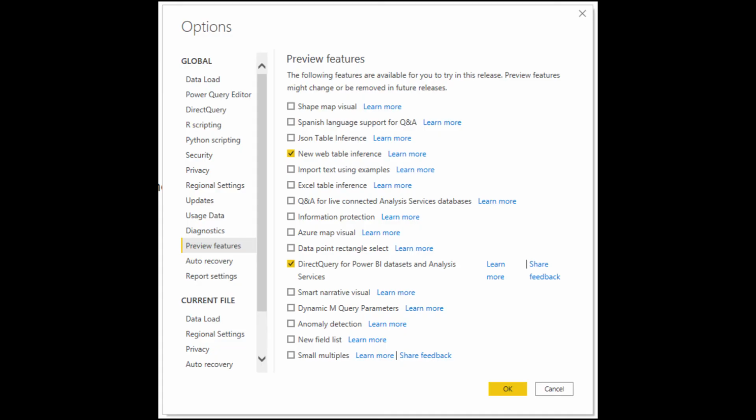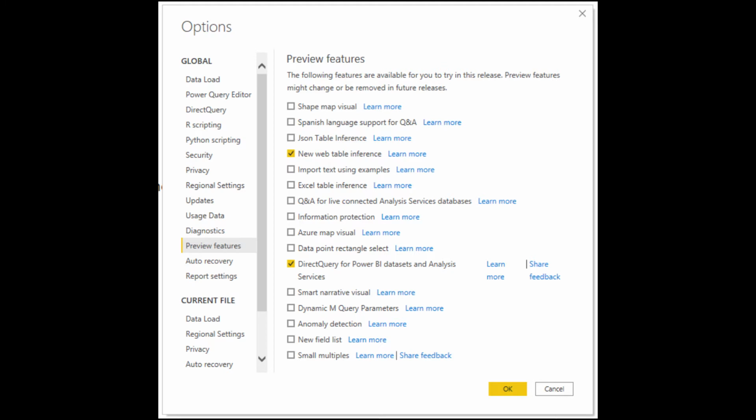I actually deal with a lot of lean reports using shared Power BI datasets, and not being able to build data on top of them has become a little bit of a pain point for me, especially in my report development. So I'm really excited to start playing around with this feature. Just don't forget that it's still in preview, so make sure you enable this in the preview features so you